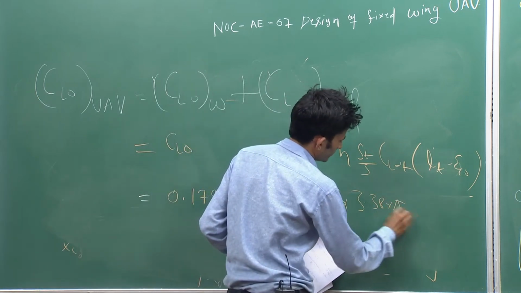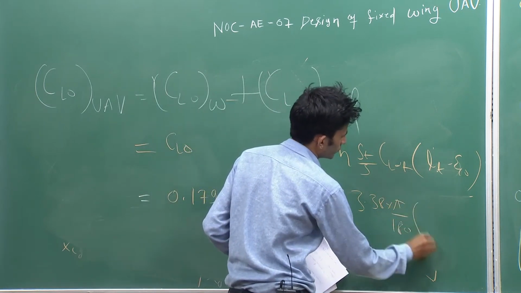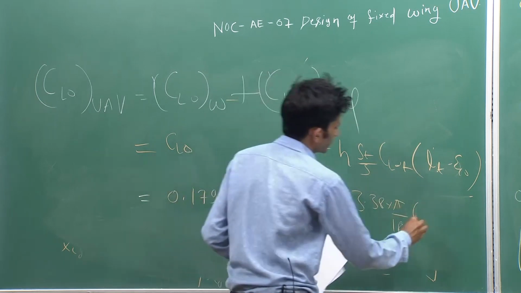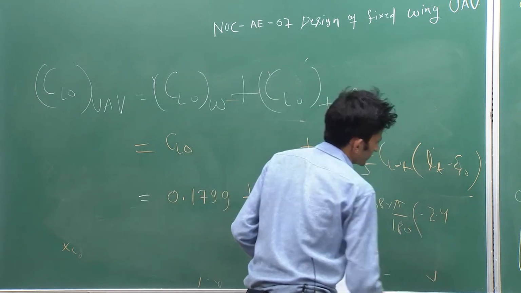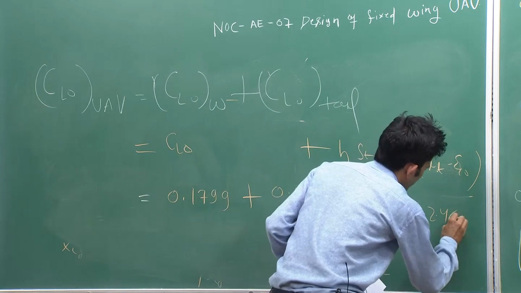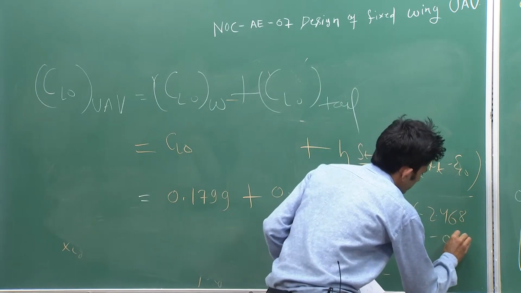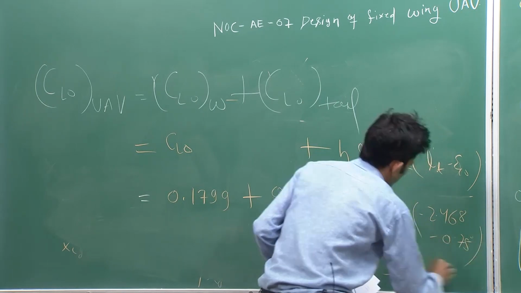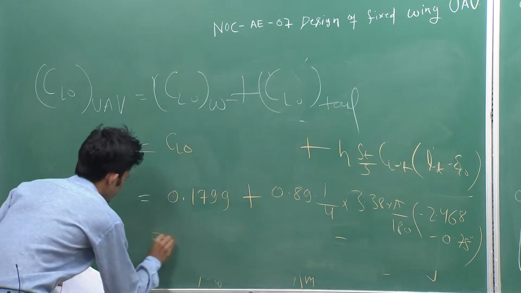So convert into per degree, because here you will put the iT and epsilon naught in degree. So minus 2.4 something you got, 2.68 minus 0.75. So if you solve this, you will get